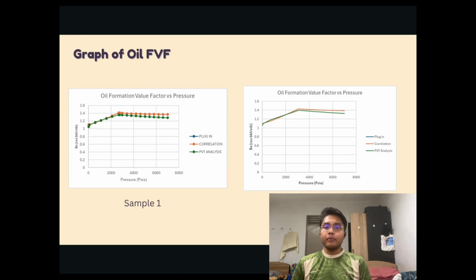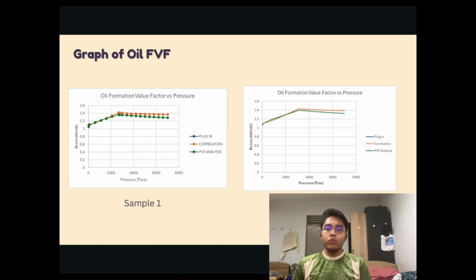And move to the next sample, which is sample number 2. The BO value also rises with pressure, peaking around 3000 psia, and then gradually decreases with a further pressure increase. This behavior is typically because below the bubble point, the addition of dissolved gas causes oil to expand, resulting in BO increasing. But above the bubble point, the compression results in a reduction in BO